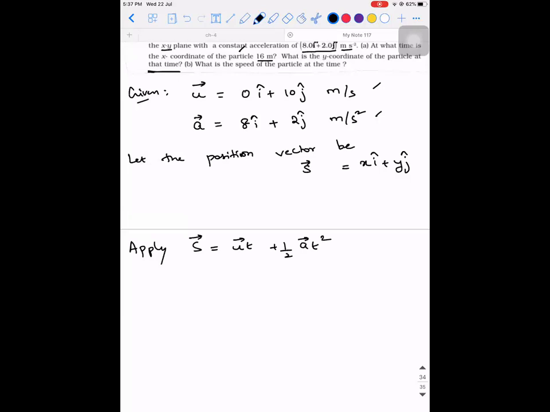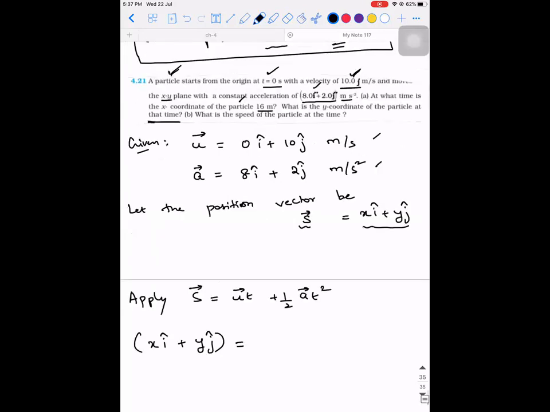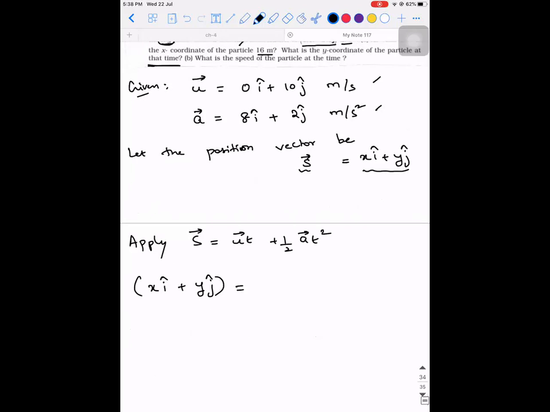Till the previous problem, what was I doing? I was trying to write it along the x direction separately and the y direction separately. Here I'm completely writing it as a vector itself. Is there any doubt in this step? That means both x and y together will come. In the place of x, I will completely write this: x i cap plus y j cap. I didn't take it as xyz because they have told it is moving only in the xy plane, so I will have only i cap and j cap.